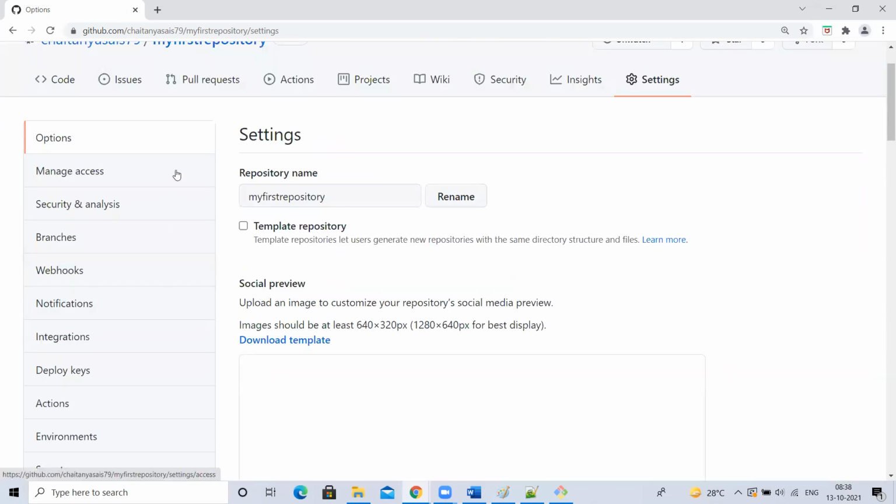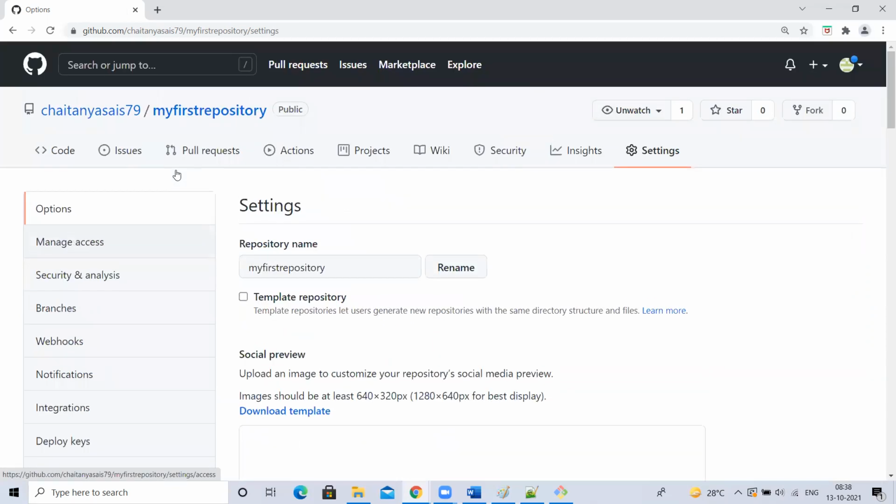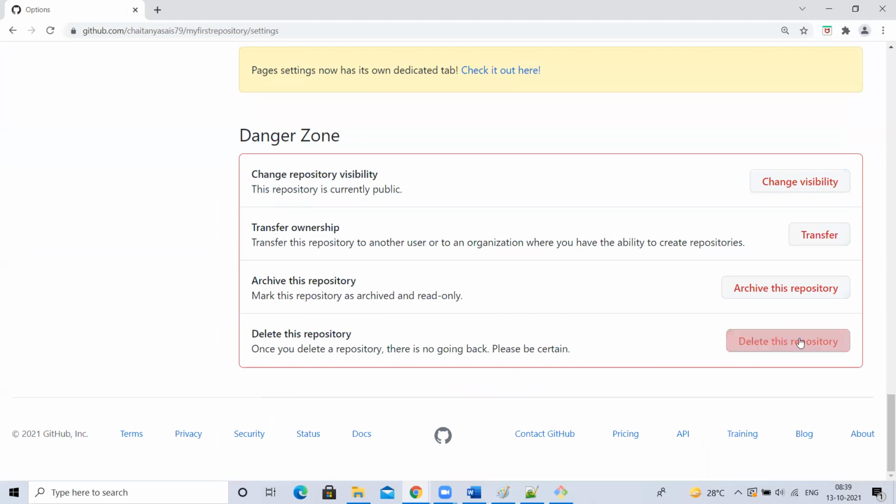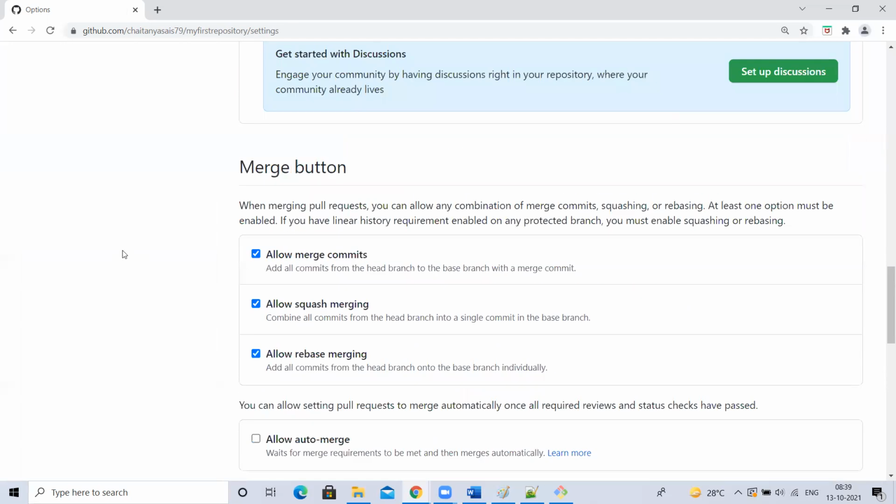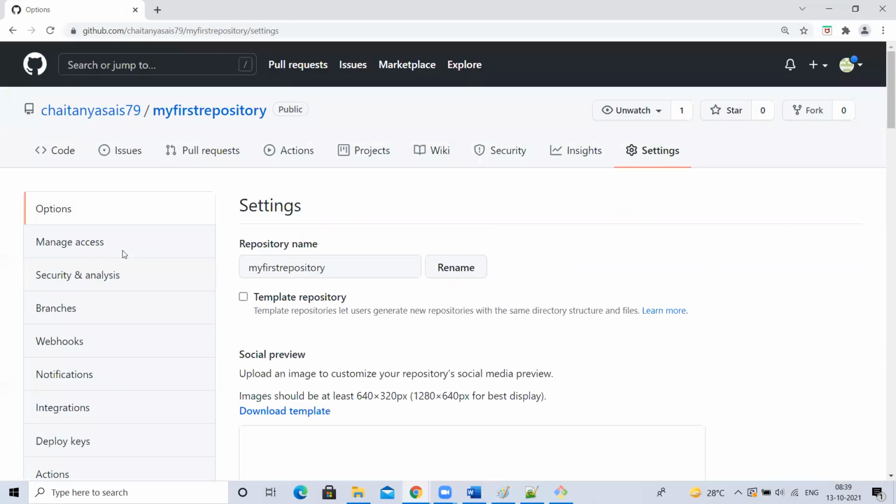Sir, if you click on delete this repository, in which branch will it be deleted? Bro, where is a branch? Inside the repository. What question are you asking? There are different branches, develop, main, etc. Where are the branches located? Under the repository, right? So all those branches will be deleted. It is a deleted repository, so the repository itself is deleted.